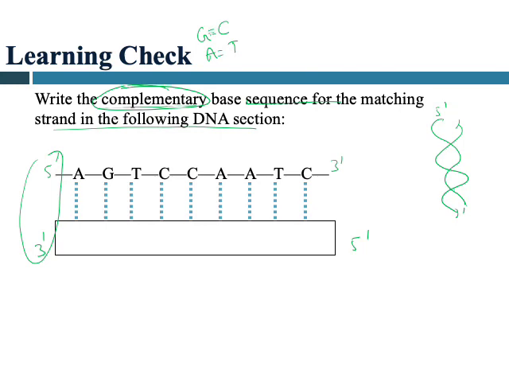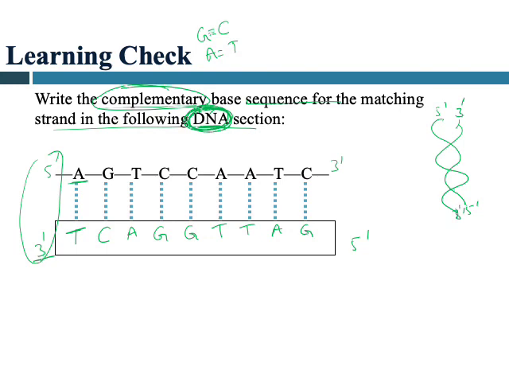So let's make the base sequence on the second strand. If the first strand has A, the second should have T if it is a DNA molecule. This is important. If it was RNA, then it's gonna be U, because in RNA you cannot have T, right? But this is DNA. T, G, C, T, A, G, C always binds with G, C always binds with G, then T, T, then A, then G. So this is the sequence on the other strand of the molecule, 3 prime to 5 prime,